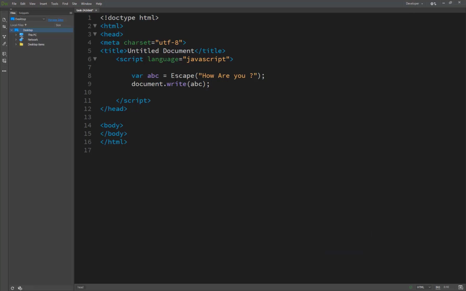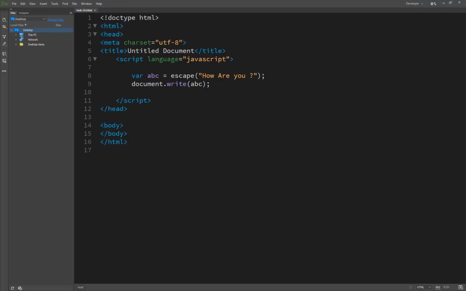So guys, the error is here. We wrote the escape function with a capital E, but it must be a small e. Now you can see the result here, how are you, in encoded format. So escape is a basic, built-in function of JavaScript.